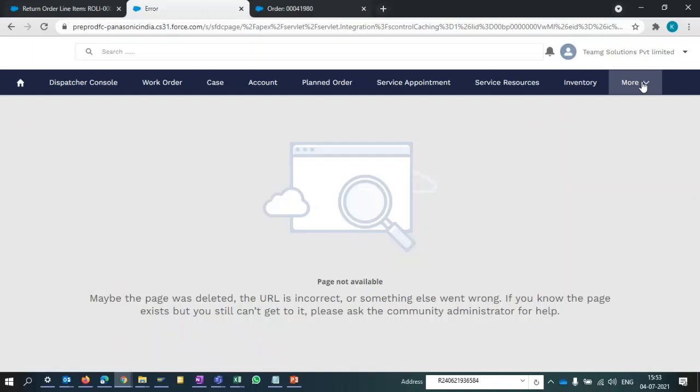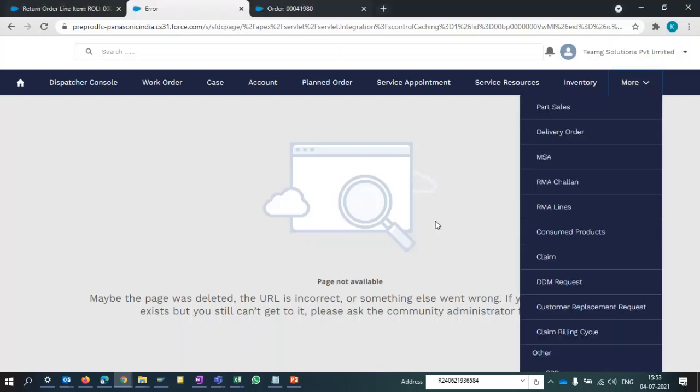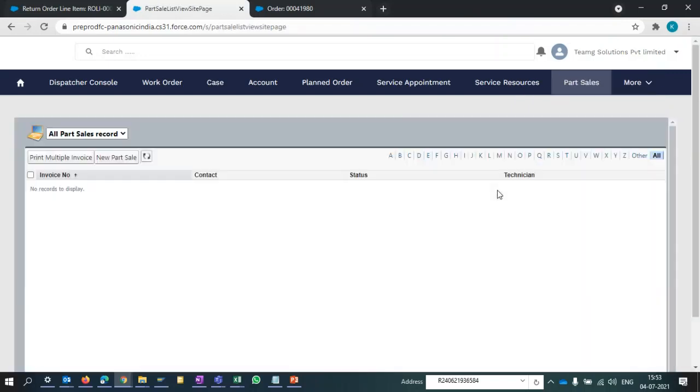What happened? So this is similar to the positive or negative MSA. Here I think something is wrong, the page is not opening.